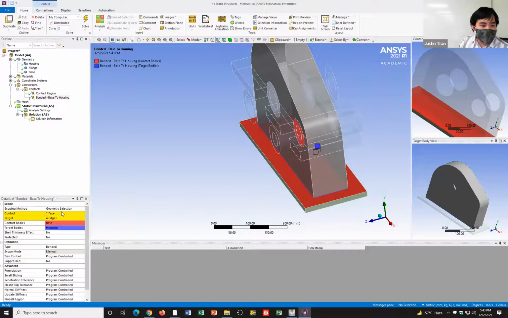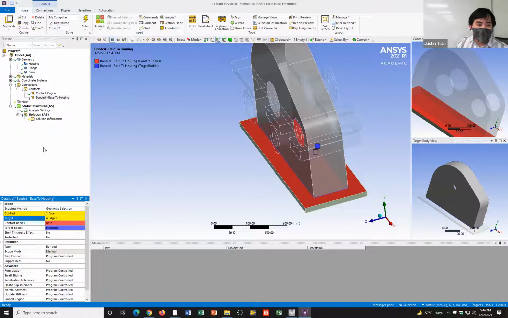In order to avoid these errors, you need to choose the appropriate parts as the target and the contact. The logic is that the target surface, which is the bottom one here, should be chosen to be whatever surface is either larger or more rigid than the other one. For this case, where we have a connection between 4 edges and a whole surface, the one that's bigger is the surface, and so we want to set the target to be that larger face right there. And the contact is the other one.